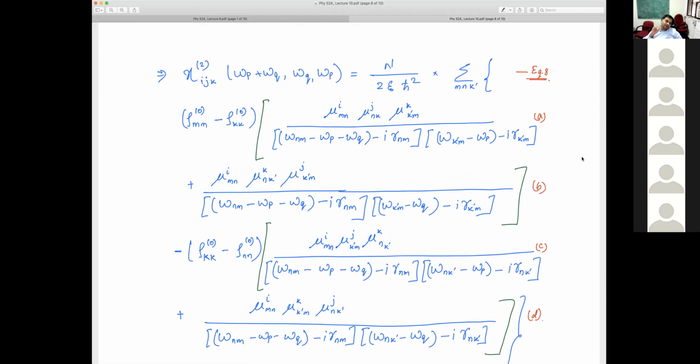And we get similar terms for different combinations of omega p and omega q, meaning, assuming omega p and omega q are greater than 0, I'll have one term for omega p plus omega q. I'll have one term for omega p minus omega q. I'll have a term for omega p plus omega p. I'll have a term for omega q plus omega q. I'll have a term for zero-frequency rectification also, etc. So all of these are different coefficients, etc. And yeah, so this is the symmetrized susceptibility.